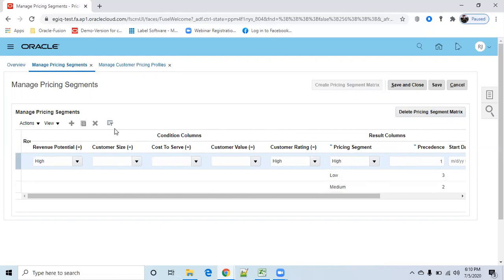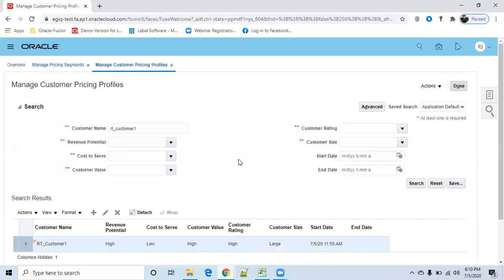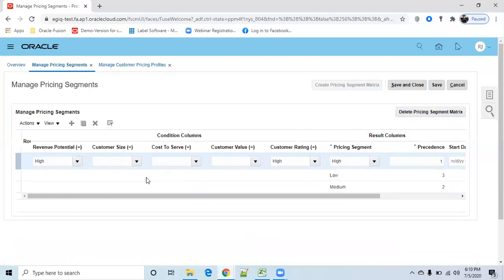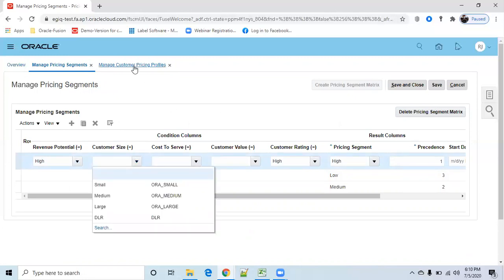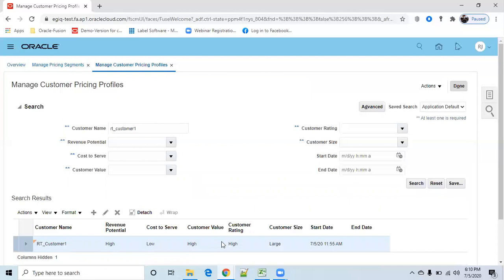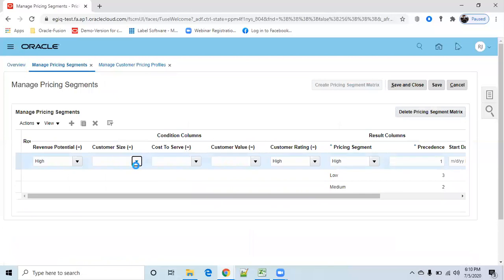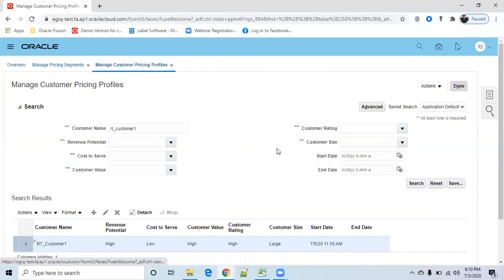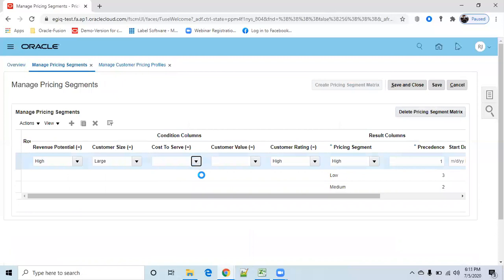Now what is our customer pricing profile? Revenue is high, cost to serve is low. These things you have to select here as a filter. Revenue is high, customer size is large, and similarly cost to serve is low.